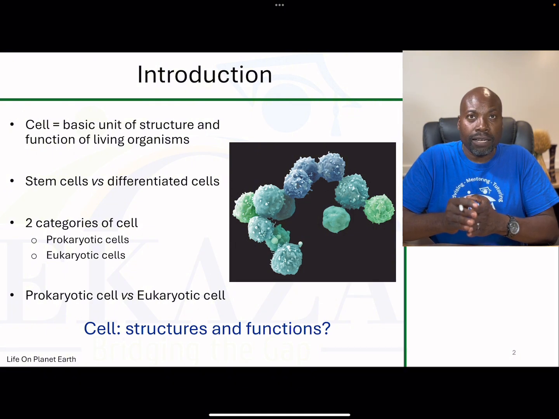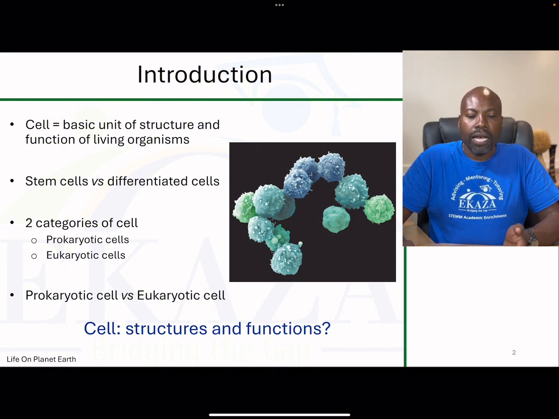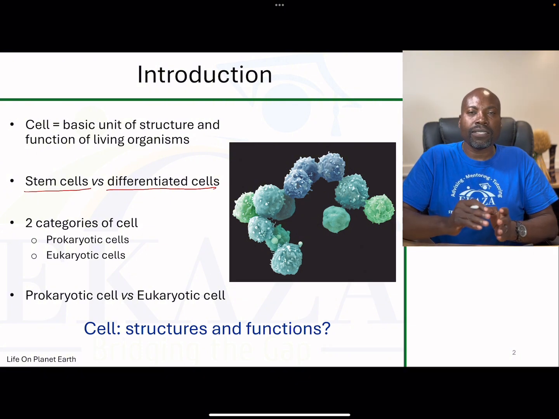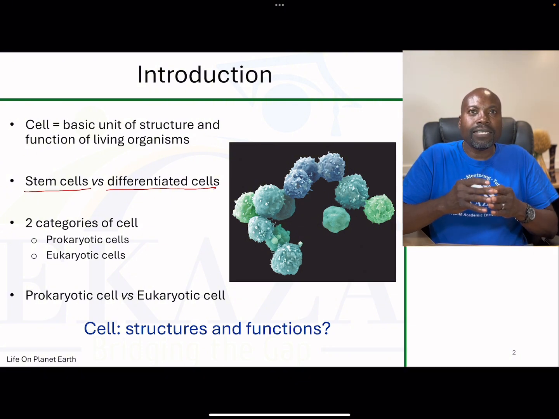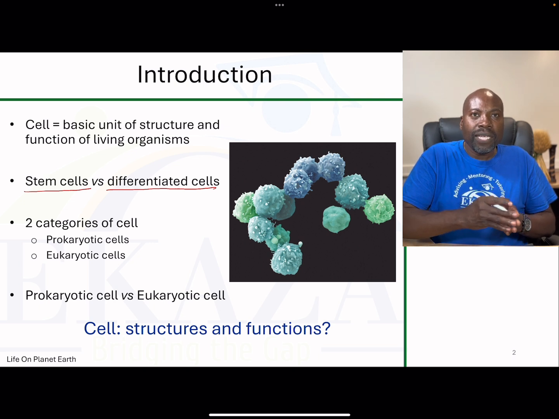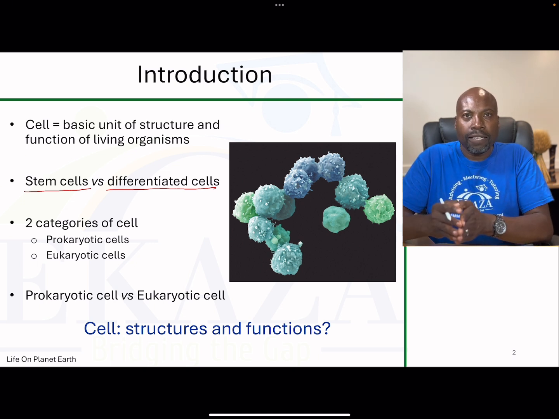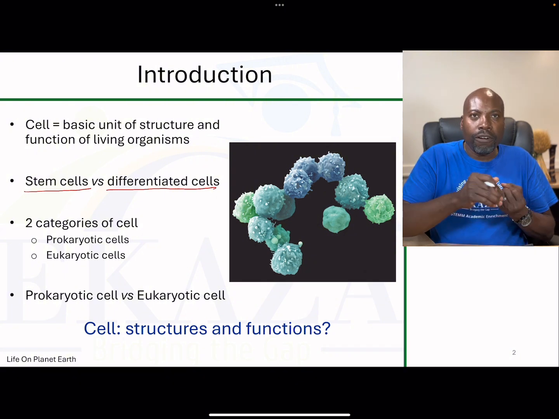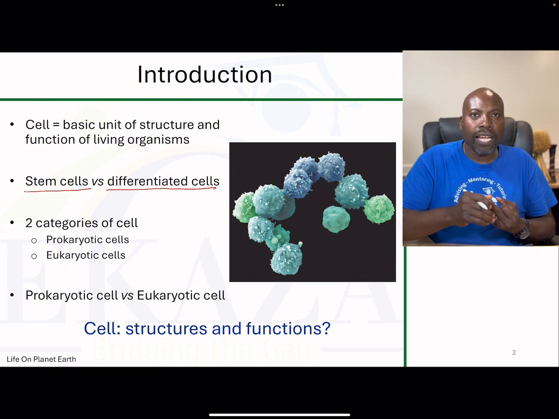Because they play a very specific function in the body, they are said to be differentiated cells, as opposed to stem cells. Stem cells are cells in our body that are blank. These cells that are blank can be differentiated into specifically a skin cell, a nerve cell, a liver cell, a